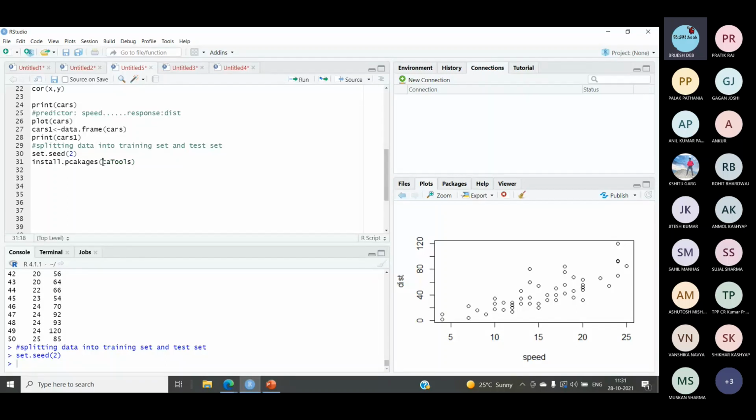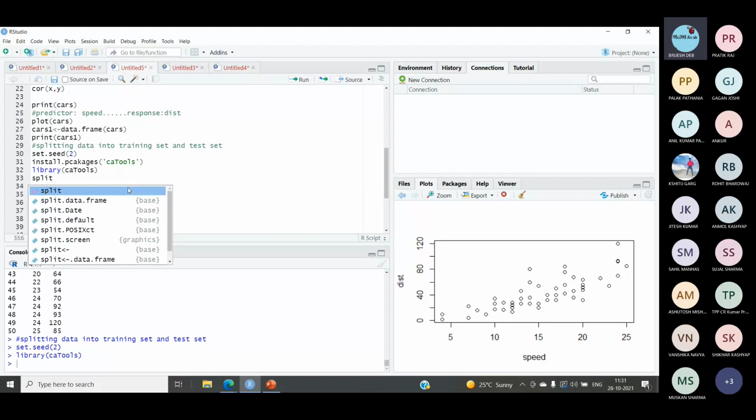Let me write it in single quotes. I have already installed this caTools package, so I will not reinstall it, but you have to install it. After that, you have to import the library, and the library that you have to import is again caTools. After importing this library, you are able to create the split.